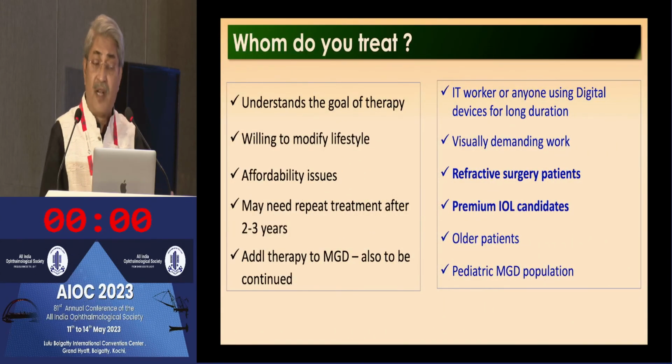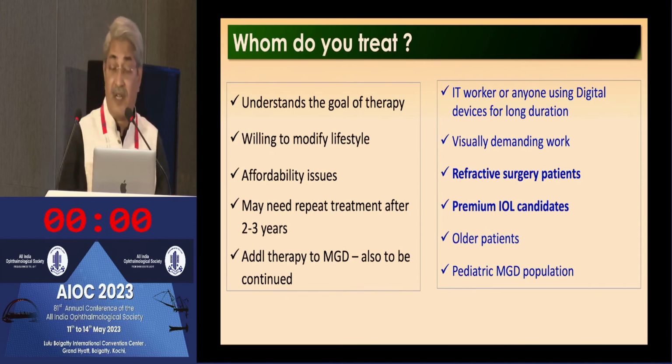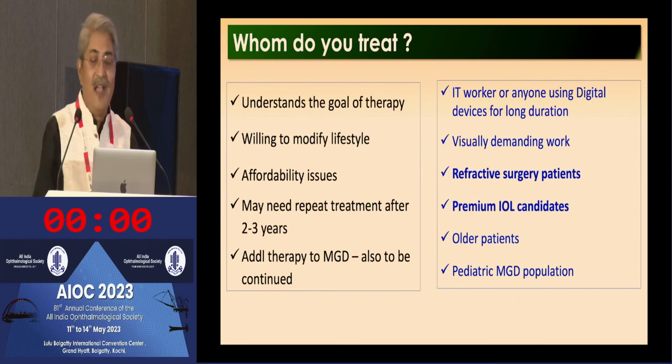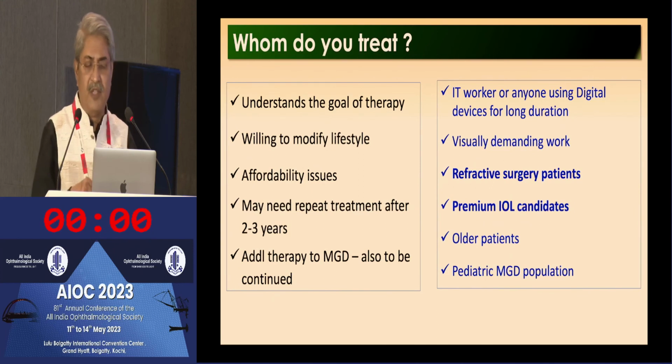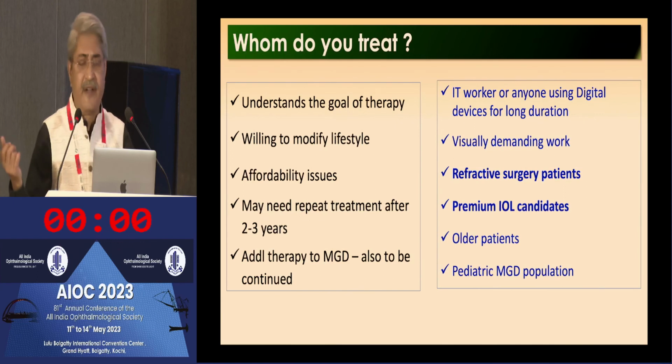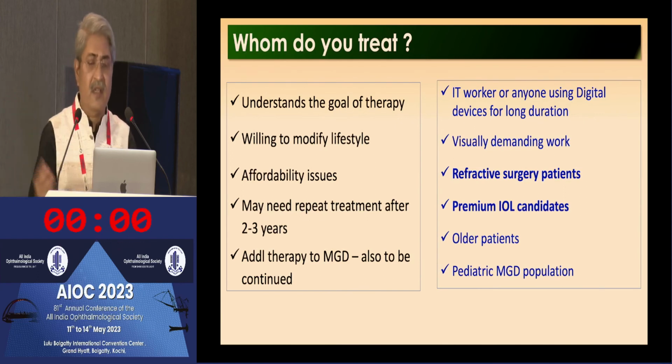And whom do you treat? Patients who understand the goal of therapy and are willing to modify their lifestyle. It is not the only thing; you have to change your lifestyle also. There is an affordability issue, though it is not that expensive. It may need repeat treatment after 2 or 3 years. I have done it twice in the last 2 years. Additional MGD therapy is also to be continued, other than erythromycin, doxycycline, hot compress, a little bit of steroid touch, ointment, massage, all these things. It works for PMIOL candidates, refractive surgery, older patients, and the pediatric MGD population is rising,